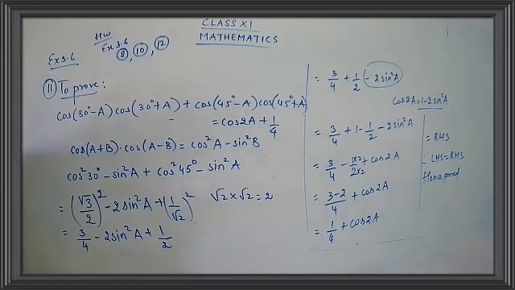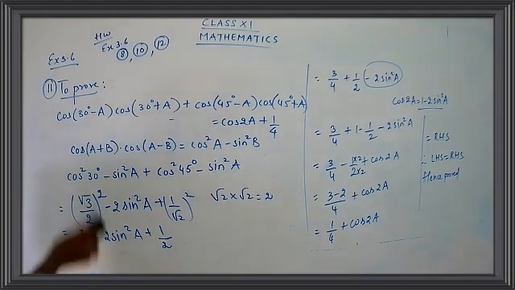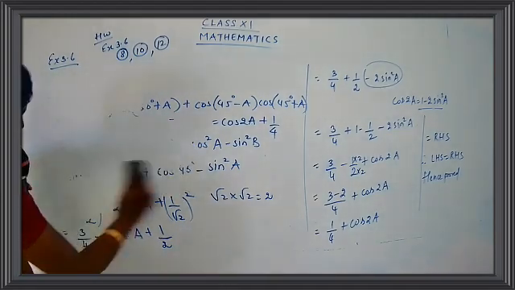Prove that sine 4a minus 2b plus sine 4b minus 2a upon cos 4a minus 2b plus cos 4b minus 2a is equal to tan of a plus b. So this is what you have to prove. I would have given this to you as homework, very simple sum. Okay, no problem. We'll do as classwork. Already I have given you 3 sums. No problem. Let's do this.